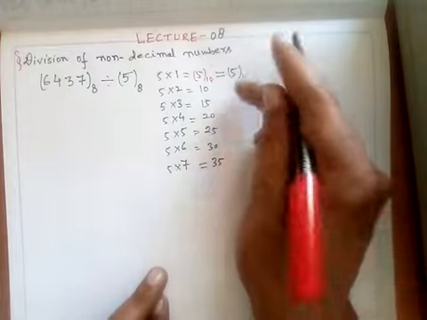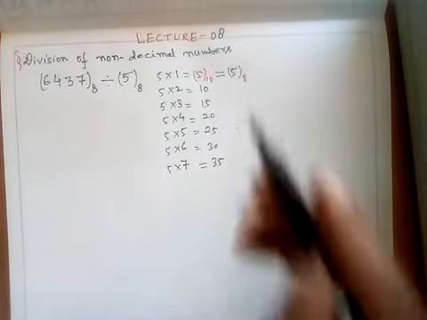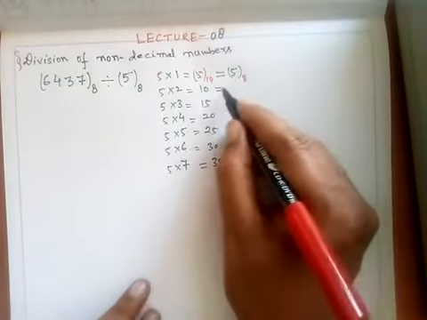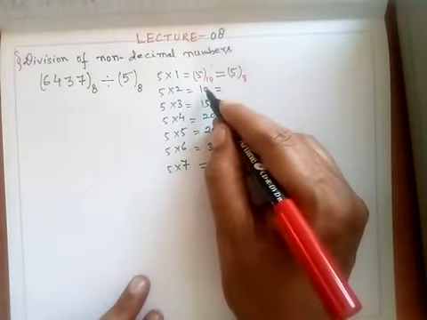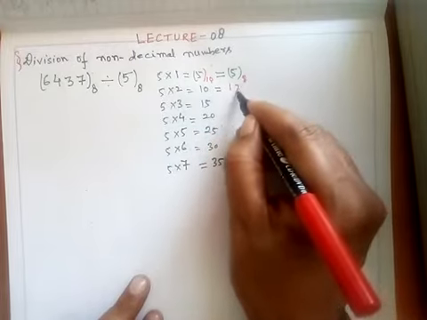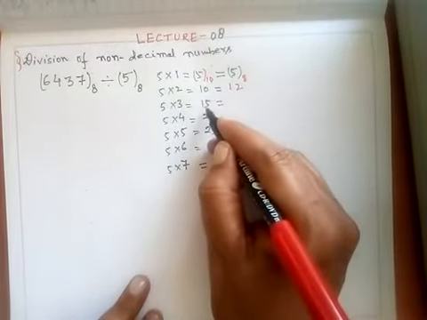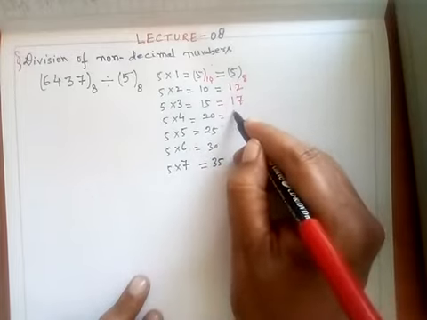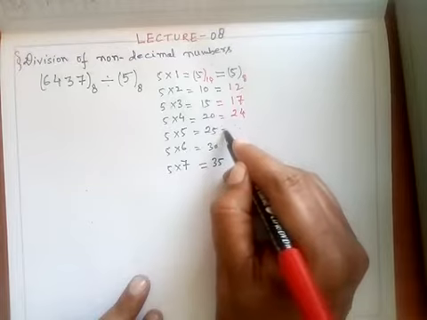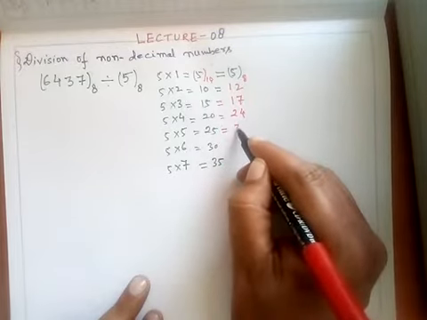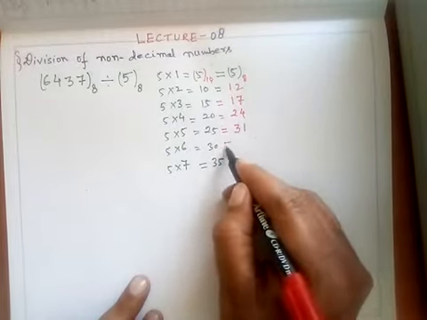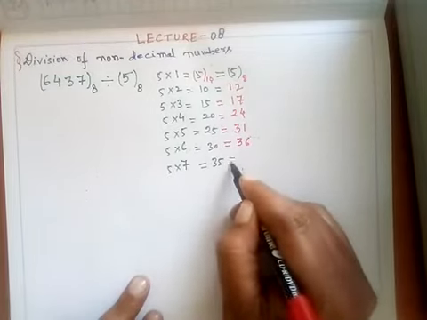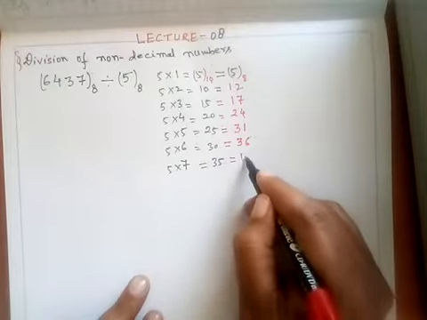Now I am writing all the corresponding numbers in base 8 here. Let me write with red color only in base 8. This is the number in base 8: 10. 10 means 8 1 is 8, 2 remainder. Then this is 15: 8 1 is 8, 7 remainder. 8 2 is 16, 4 remainder. 8 2 is 16, remainder is 4. 8 3 is 24, remainder is 1. Again 8 3 is 24, remainder is 6. And 8 4 is 32, remainder is 3.